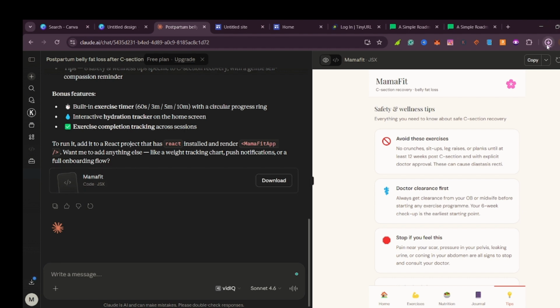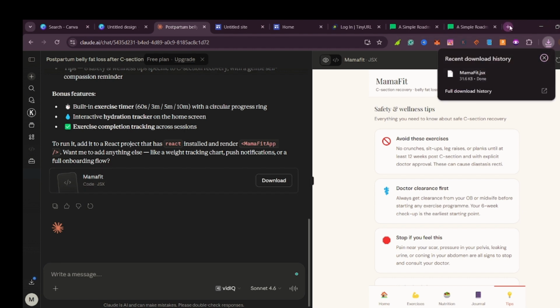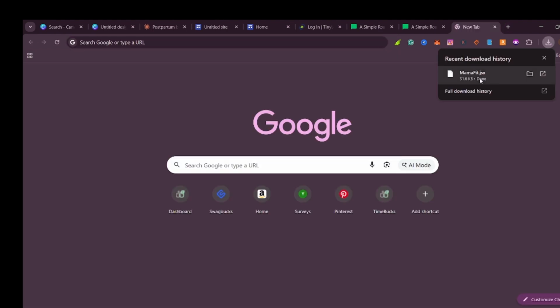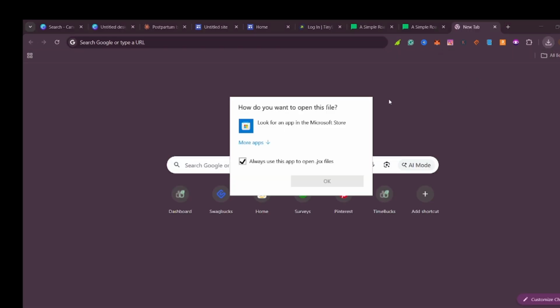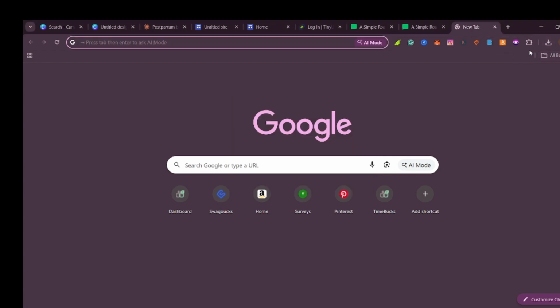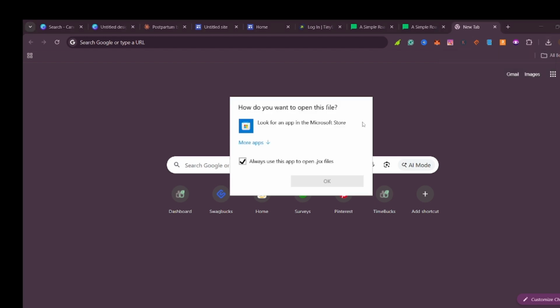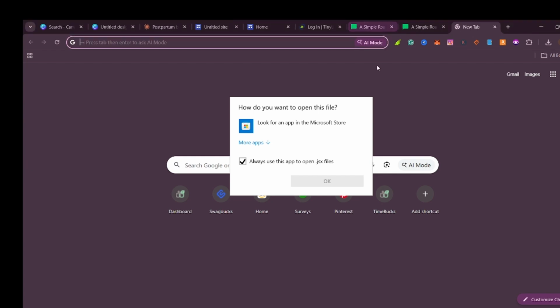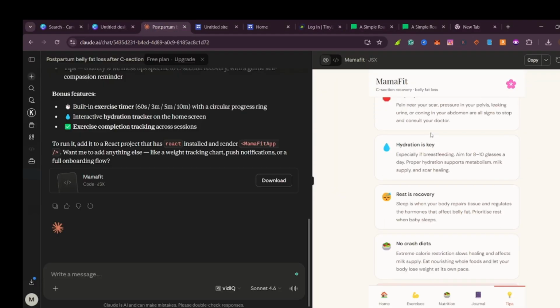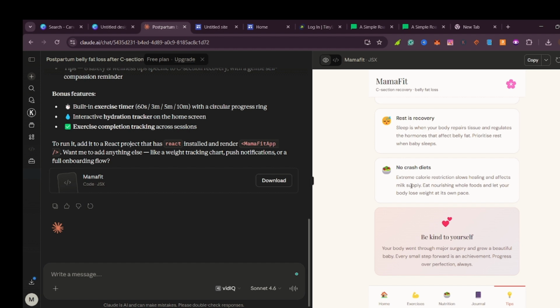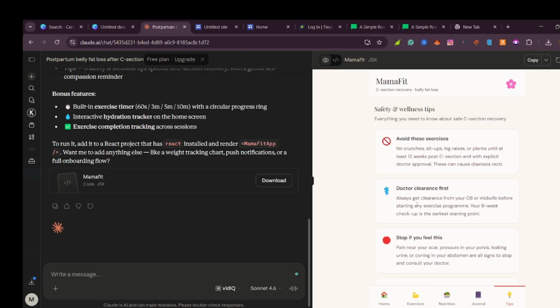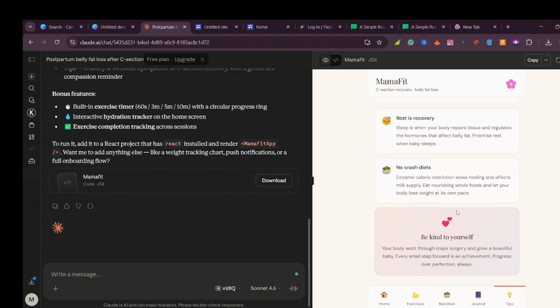So I have downloaded it here now. This is now the script that we can use. If you want, you can use this one in your website. And if you don't want to use that, then you can use places where you can host apps, and you can go there and host your app. But if you don't have money and you're just starting out, like I did for this app,